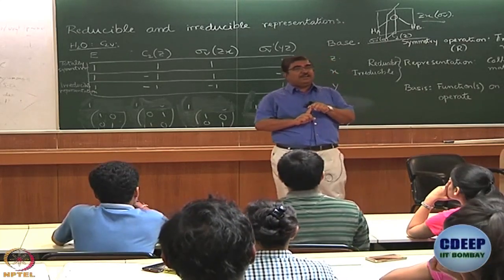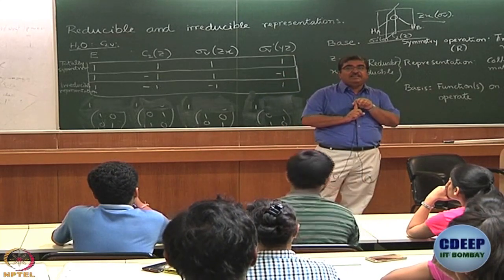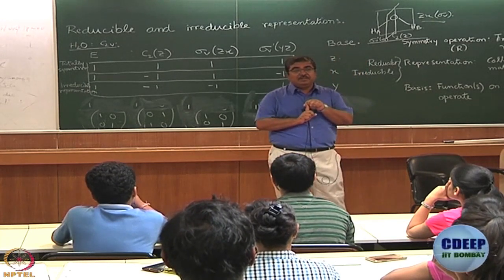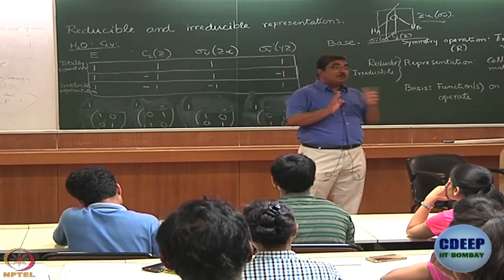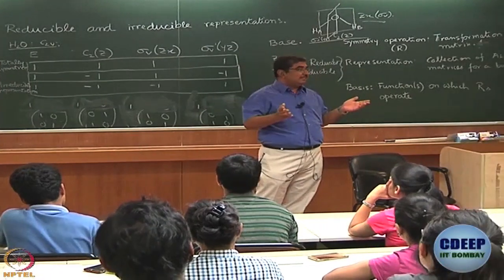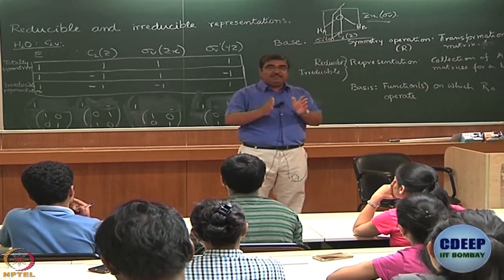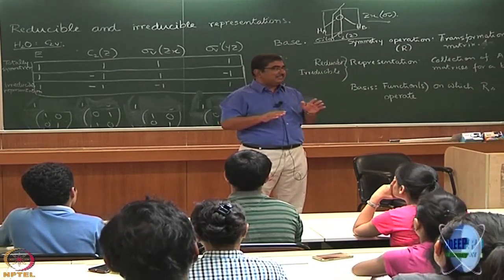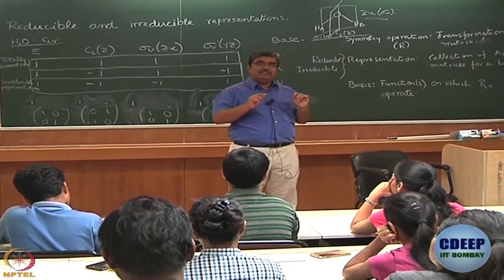Questions that should be on our mind right now is, how do I know whether a particular representation, if it is more than one dimensional, is reducible or irreducible? Another question that should be on our mind right now is, is the number of irreducible representations infinite or is it finite? Okay. So, essentially our questions can be roughly block factorized into these 3 questions or these 2 questions, right. That is what we try to answer using group theory.